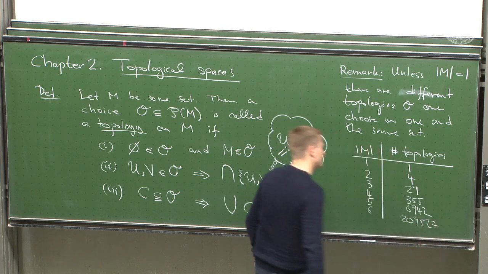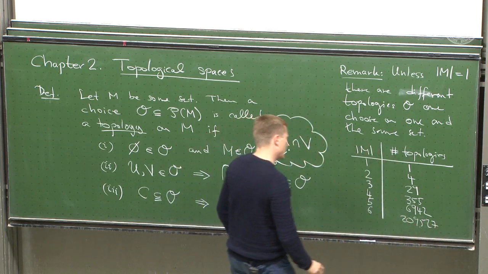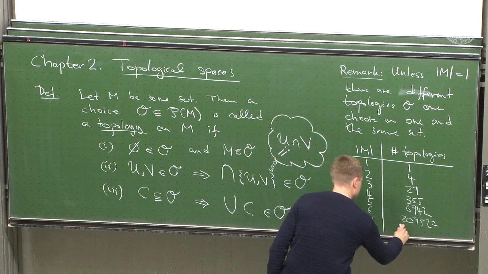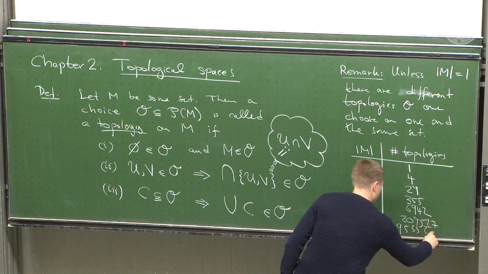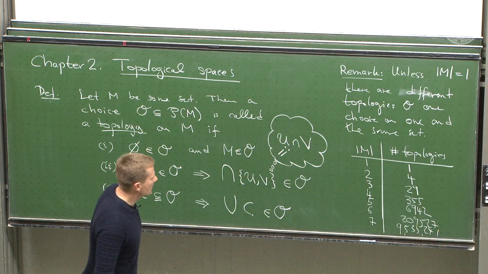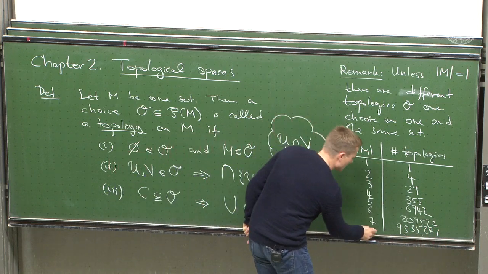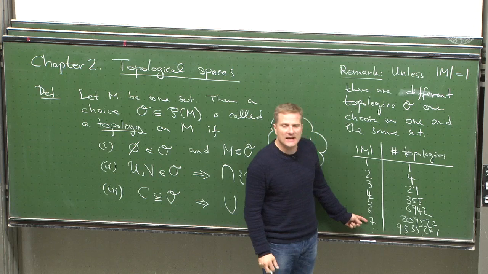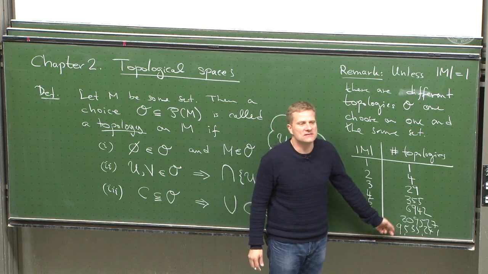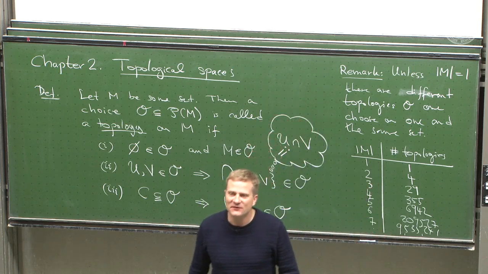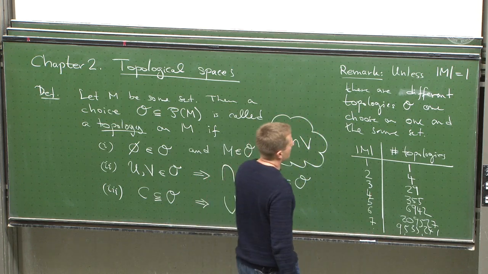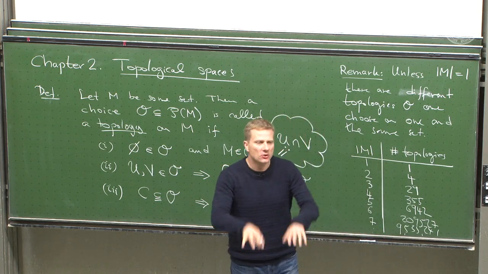209,527 choices. And if the set M has 7 elements, you have 9,535,241 choices. And you see already for a 7-element set, it's an extreme number, right? And obviously, if you have an infinite set, there's an infinite number of choices for the topologies you could establish